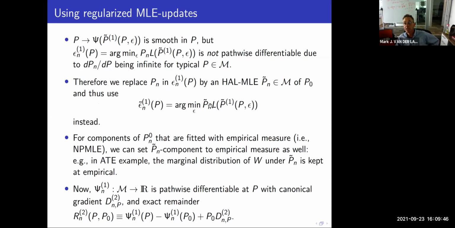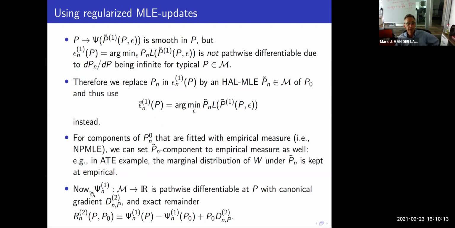It's only for the parts of the density which really are going to be smooth. That's where you need to use HAL. And this can be made arbitrarily close. You can even verify it to the actual empirical MLE by just undersmoothing HAL, because HAL is an MLE. It is almost a non-parametric MLE, right? It's just using the L1 norm, and you can just increase the L1 norm until this is very close. And that's called undersmoothing HAL,